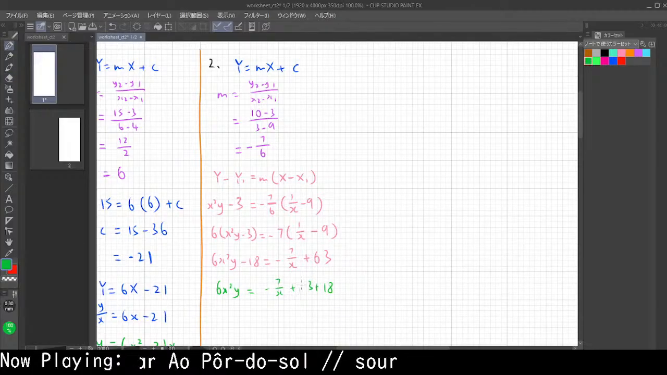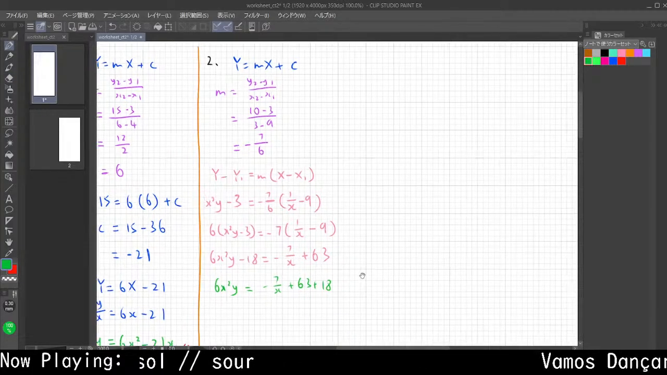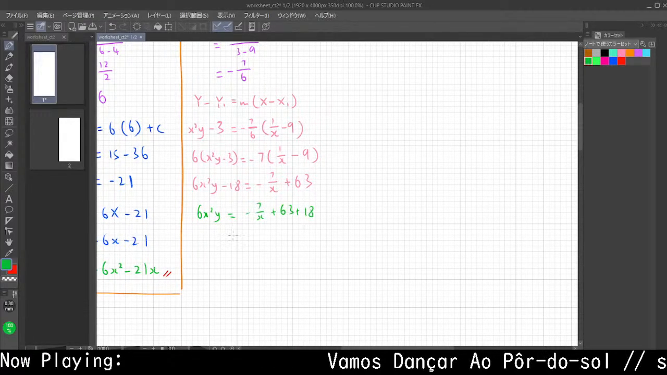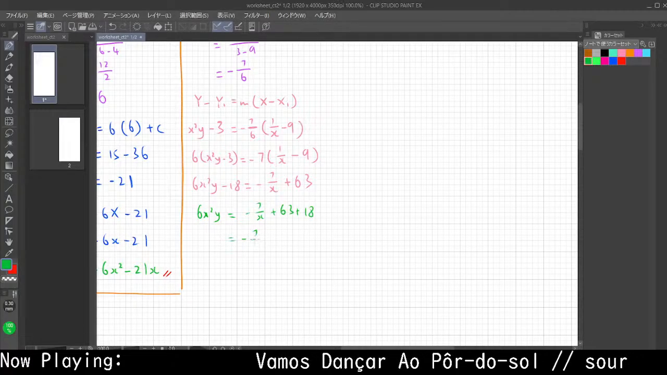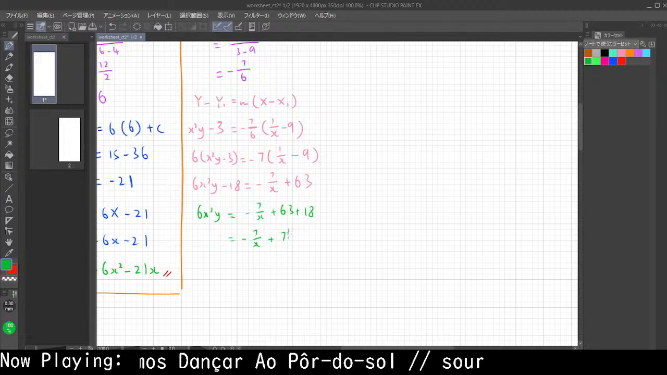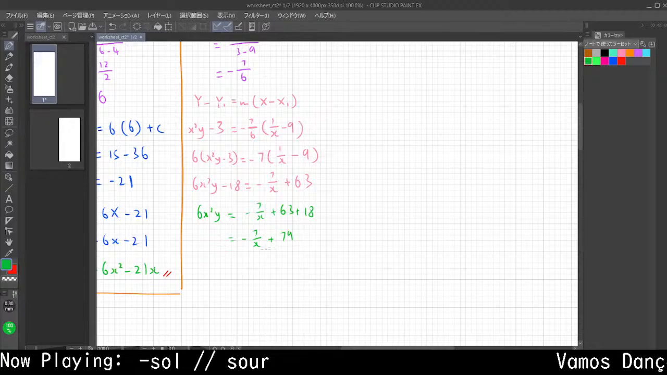So just bring in everything. So just bring the negative 18 over because we don't need it. Then I want to bring my 6 over to divide. My 6x squared basically. So this is equal to 63 plus 1879. Wait. Yeah, correct. So this is that. Then